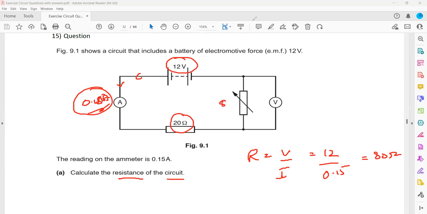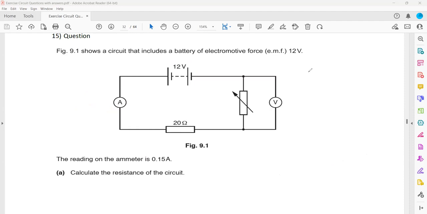This will be 60. Why 60? Because they are in series. In series, if we say the total resistance of a circuit in series, if this is R1 and this one is R2, then the total resistance of the circuit equals the sum of the individual resistances, R1